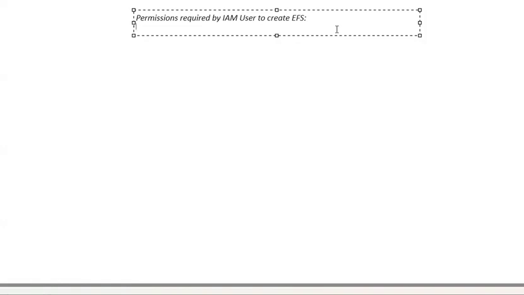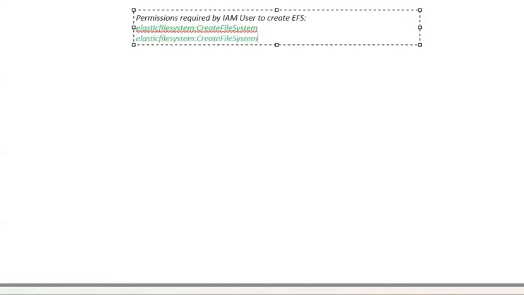In order to create the EFS, the IAM user must require two permissions, that is elastic file system create file system. This is the one permission, create file system. So in elastic file system, create file system is one permission and the another permission is, so after creating,